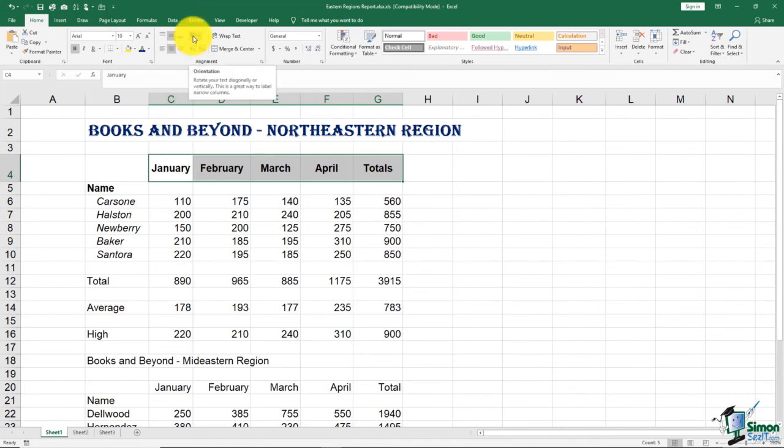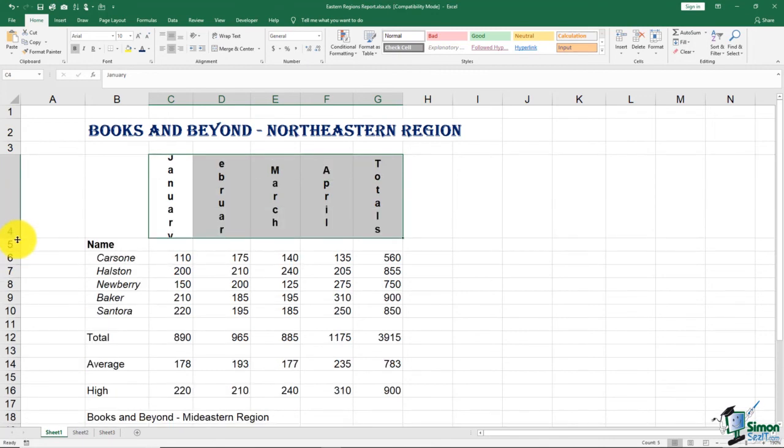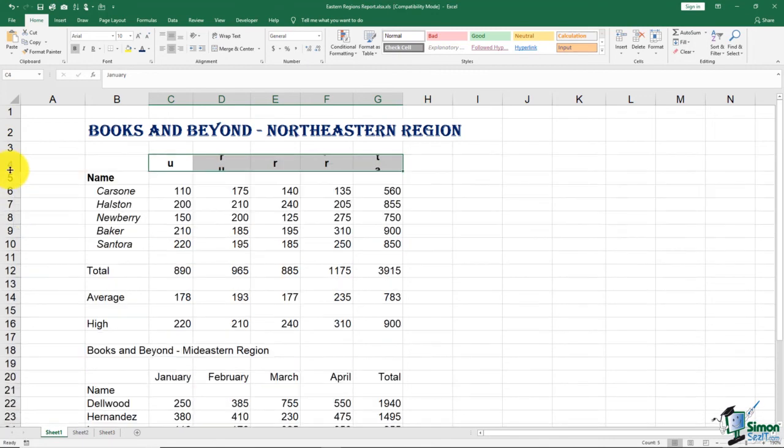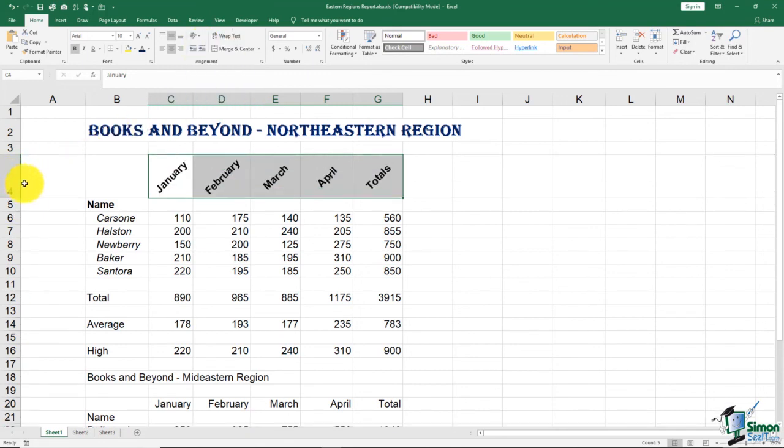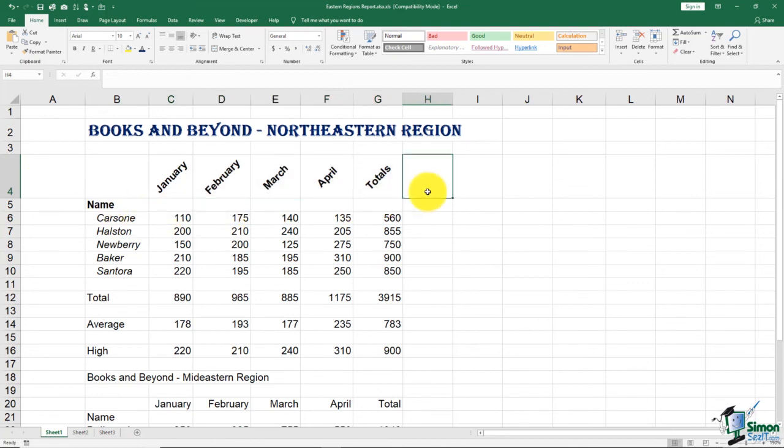You can actually use this orientation button to rotate your text at an angle. I can use counterclockwise. I might use angle clockwise. There's a couple that let you take the text and vertically put it in your cells. And obviously if you were going to do this, you'd have to make the row a lot wider like this so you could see it. You've also got options up here with the orientation to rotate the text down. I'll go ahead and choose angle counterclockwise, and then I'll make the row a little bit wider so we can see it all. You can see it's starting to get a